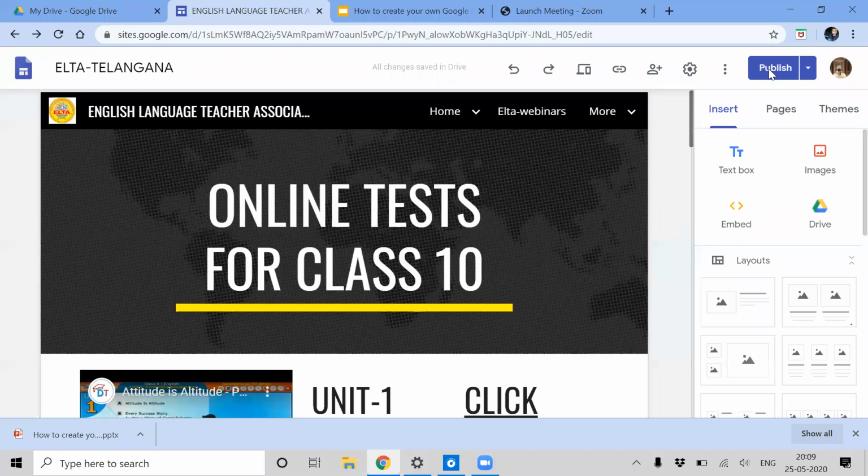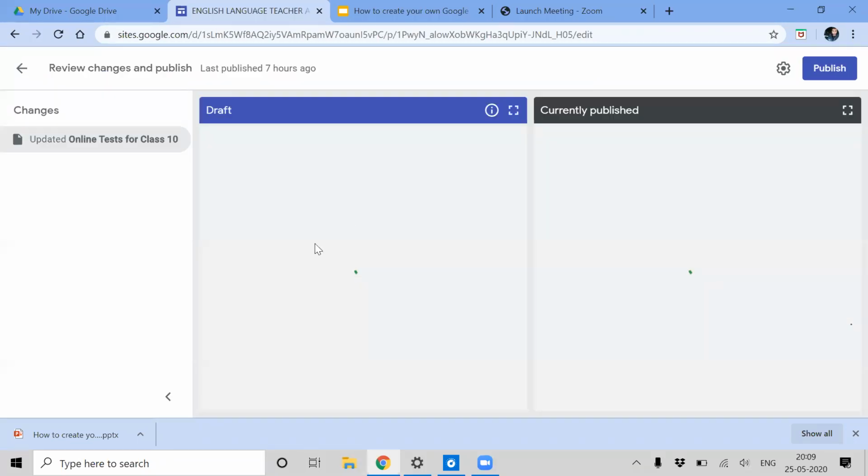It will give you the view of how it is before publishing and how it is after publishing. Currently it is like this and the draft is like this. So you can compare. Then if you are satisfied, click on the publish button.